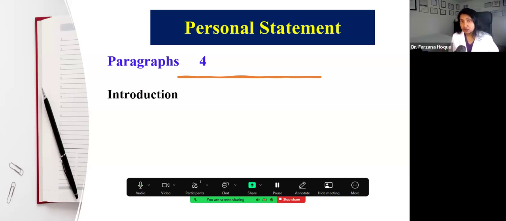So what are the things you can mention in the introduction? First, as you all know, starting with a personal story. However, let me tell you, I know that people are tired of reading and listening to the story that, okay, my grandmother got sick, my uncle got sick, that brought me to medicine.